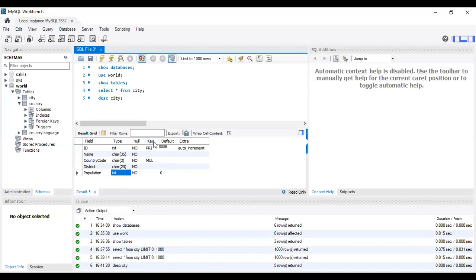We need not worry about these keys. Primary key, foreign key, and all the different keys are there to create connections and relations between different tables. In your application you may be maintaining a number of tables. To keep the relationship between one table and another table, we will create some keys. You will learn that very well in the database concepts.